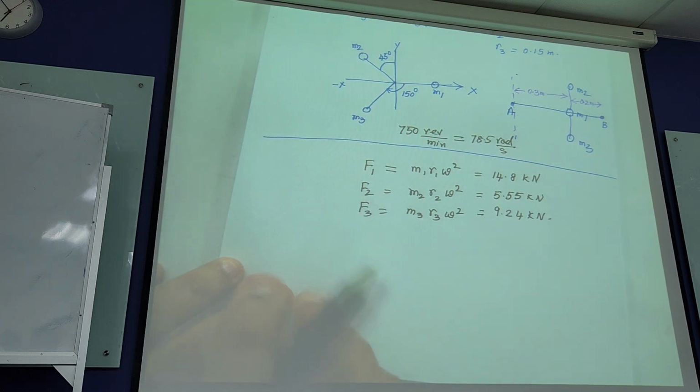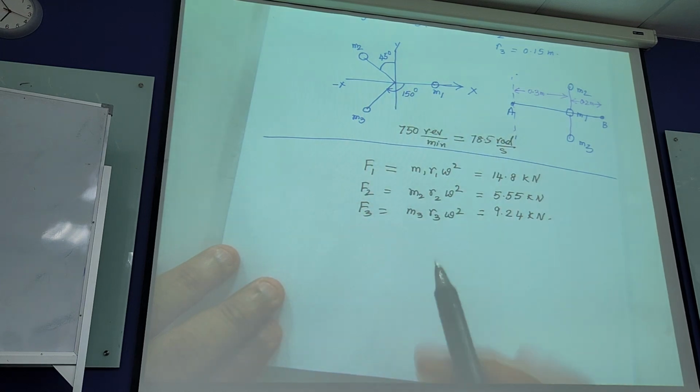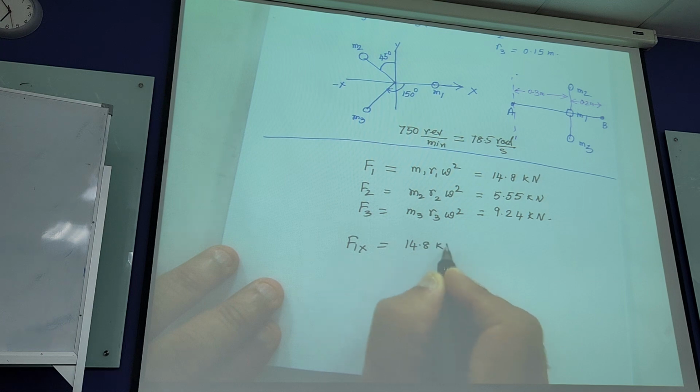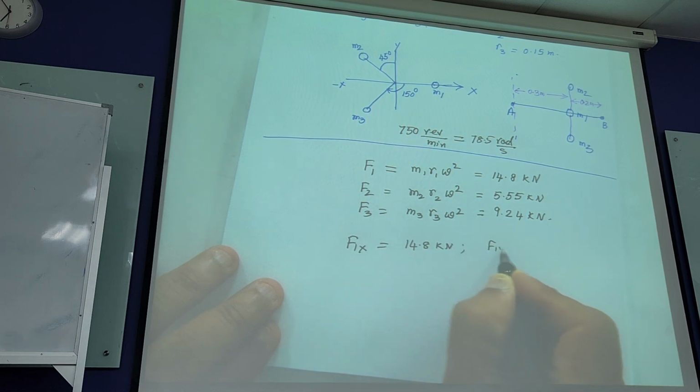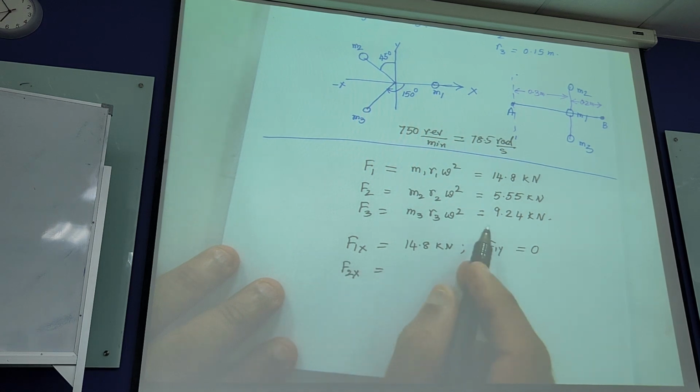But now we can resolve these forces into the X component and Y component. So you can see the mass 1 is along x-axis, so it has no y component. So we can write F1x is equal to 14.8 kilonewtons and F1y is 0. So similarly F2x, so the x component of the force will be, you can write the magnitude of the force is 5.55 multiplied by cosine of,